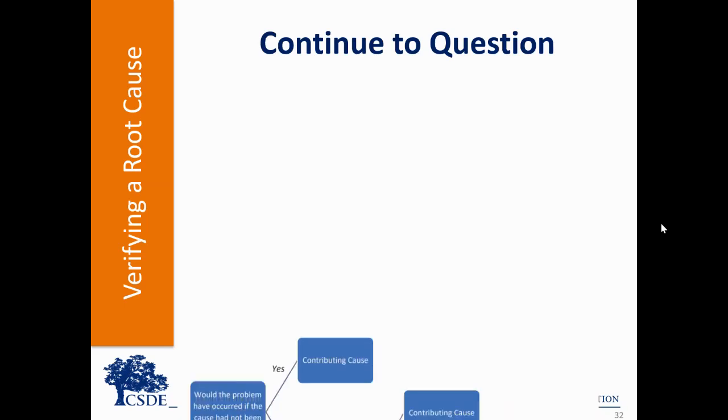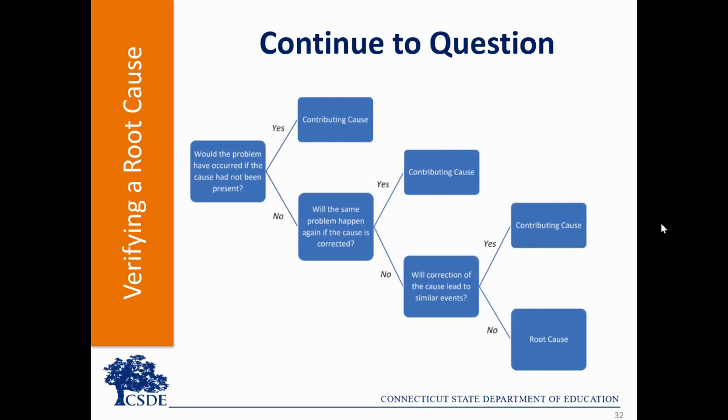Using a decision tree flowchart like the verifying a root cause diagram included in the toolkit can assist the team in assuring the underlying cause statement is in fact a root cause. Additional questions are suggested in the toolkit for revisiting and verifying a root cause. These questions will help teams consider how the evidence supports an identified root cause, who might be able to address a root cause, and what might be the impact of addressing the root cause.